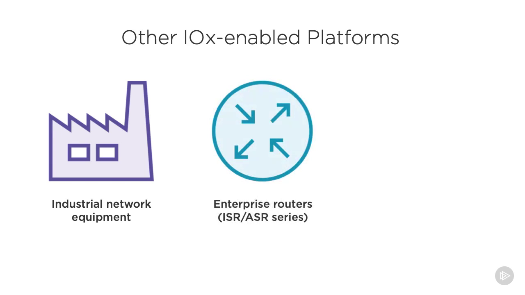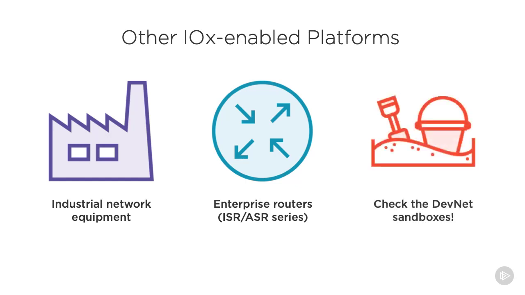Much like the Catalyst 9000, the Integrated Service Router and Aggregation Service Router series also support app hosting. For branch sites that don't have Catalyst 9000 switches handy, these routers make good hosting platforms. All of these products have platform-specific nuances that would take many hours to cover in depth. I suggest using the individual DevNet learning labs and sandboxes to explore products relevant to your specific line of work. In the next clip, we'll focus on the Catalyst 9000 by using it to host our CRM app.